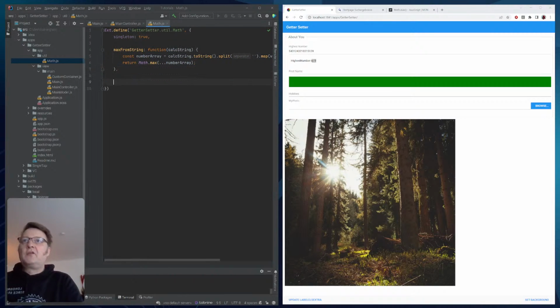So in here, there could be something like min from string, and that would be the same as before. So calc string, and then you might have in here getArrayOfNumbersFromString, and